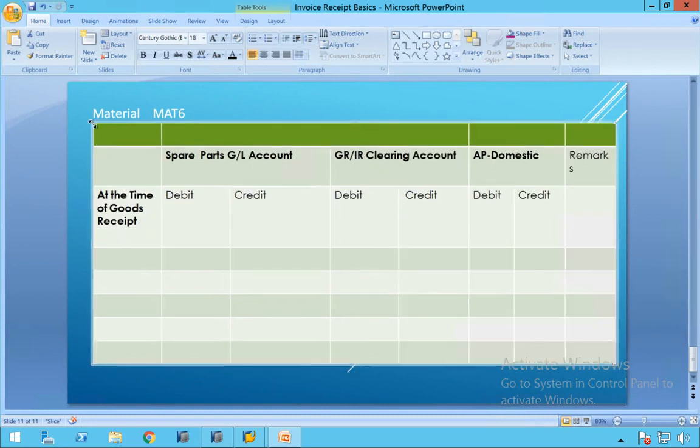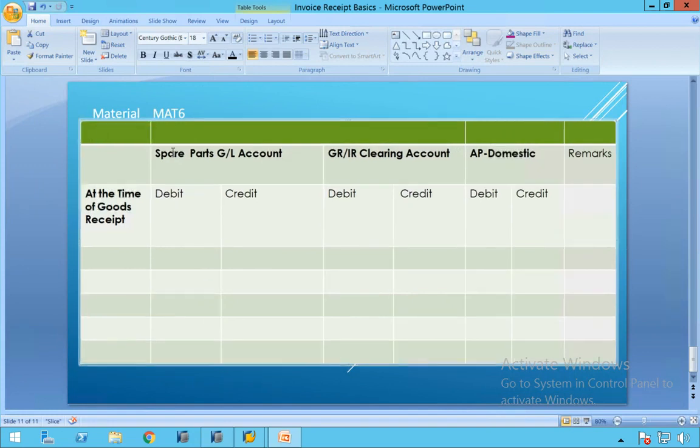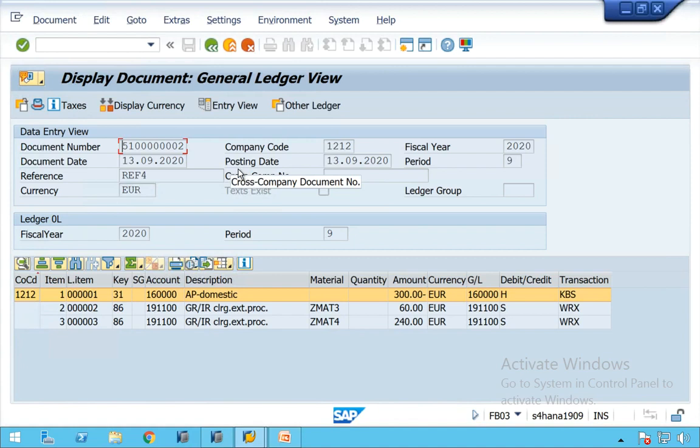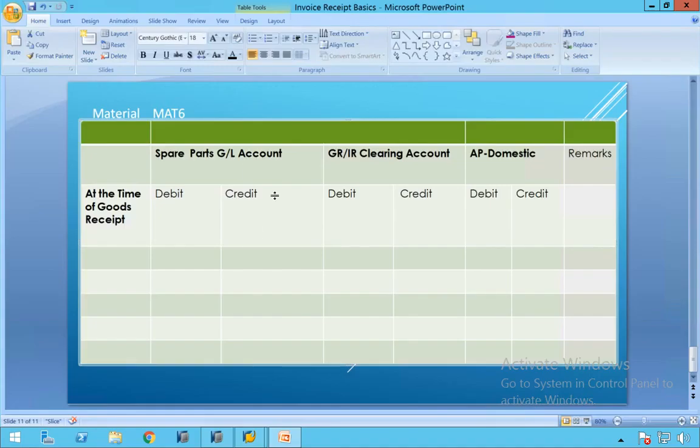So what is the GL account for AP domestic? 1 lakh, and the GRIR clearing account is how much? 191100. I'll write here 191100. See, every GL account number has a name and a key and a description. 191100 is a number, and the description is GRIR clearing account.